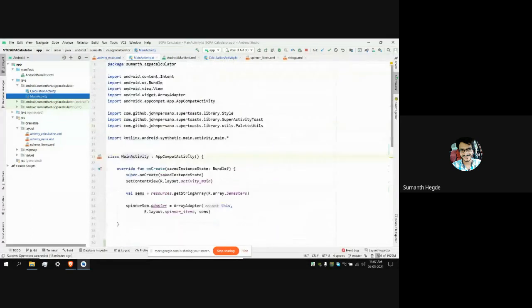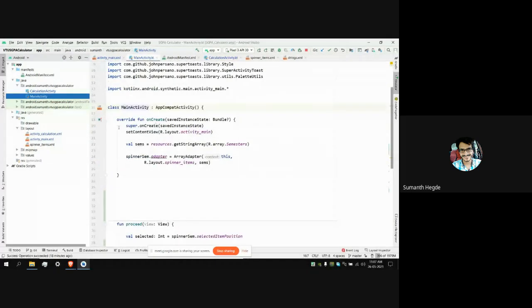Here we have our onCreate method, which is one of the lifecycle methods, and it executes first when the system is trying to create the activity. In that we have a variable called sems, where we get the string array from the resources and store it.